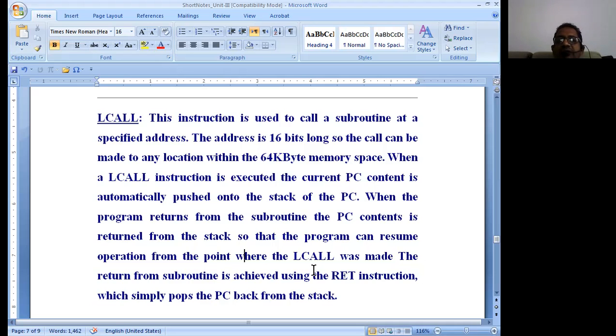After the subroutine or function gets executed, the address stored in the stack will be popped into the program counter. Whatever contents the program counter has, those are the instructions that get executed, which we already know from the program counter.